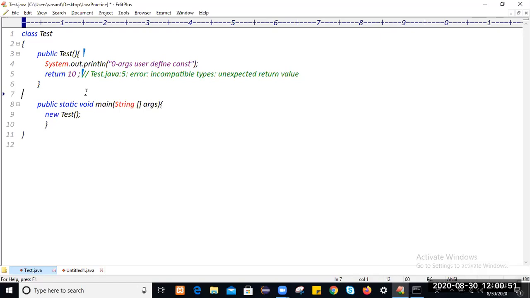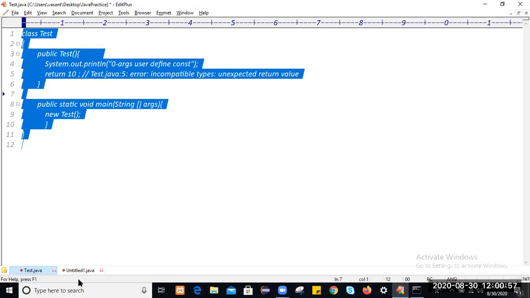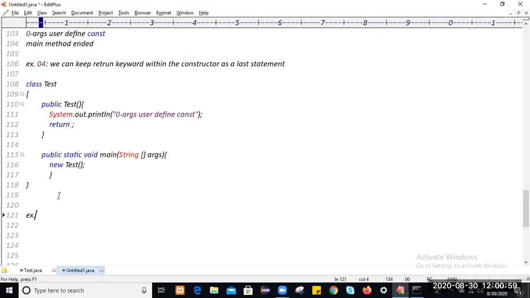So write down the next example, example number 5: if you try to return a value from the constructor, then you will get a compilation error.